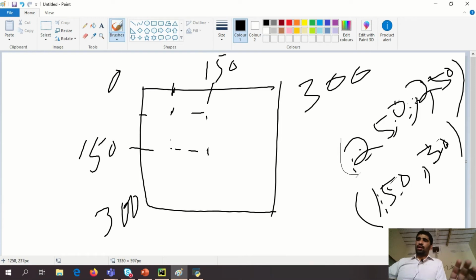30. Okay, now according to our condition, first of all we want the initial point. So the initial point, 250, is somewhere here in the width, and 250 in the height is somewhere here. So the starting point we find here. For the next point, 150 in the width is here, but in the depth 30 is somewhere here. So we have a second point here. So I think our rectangle will look this kind of way.